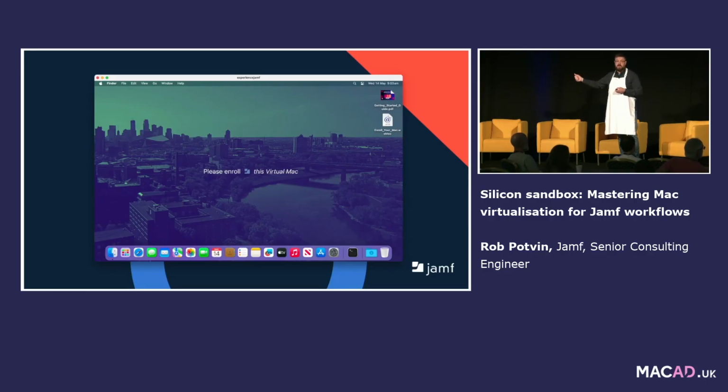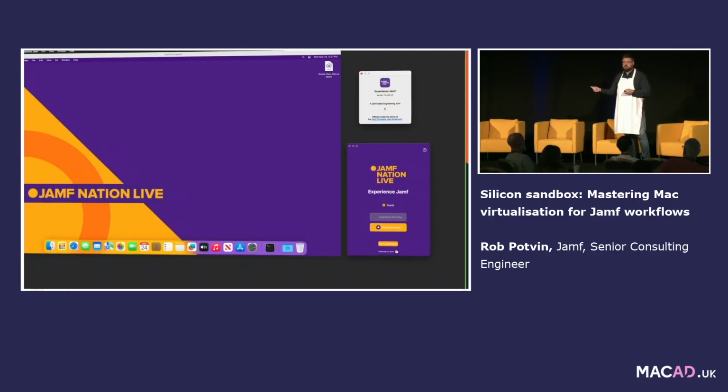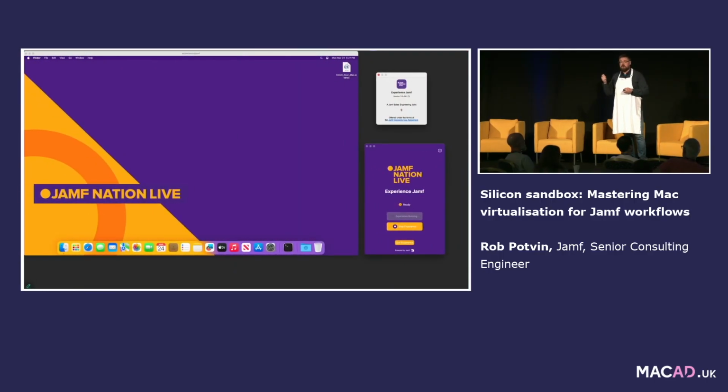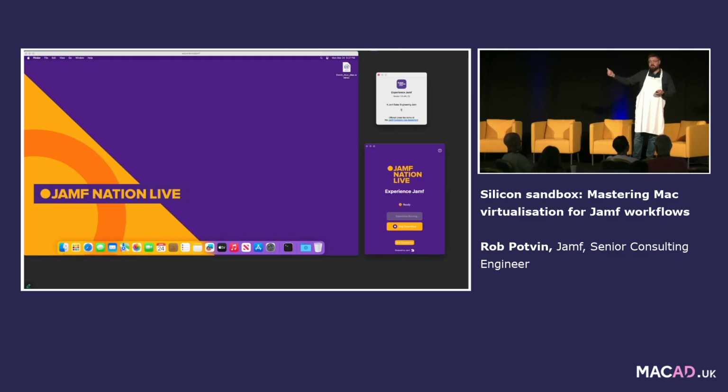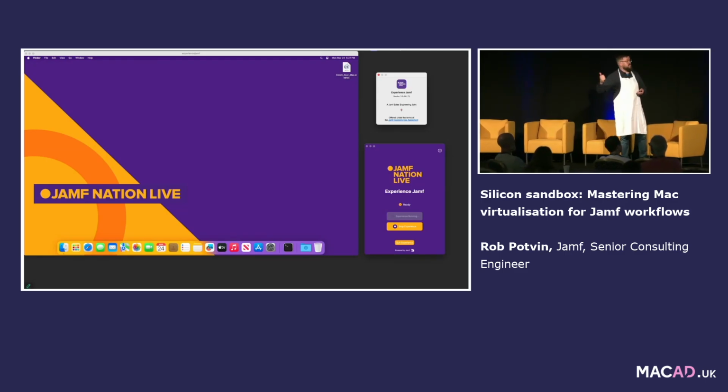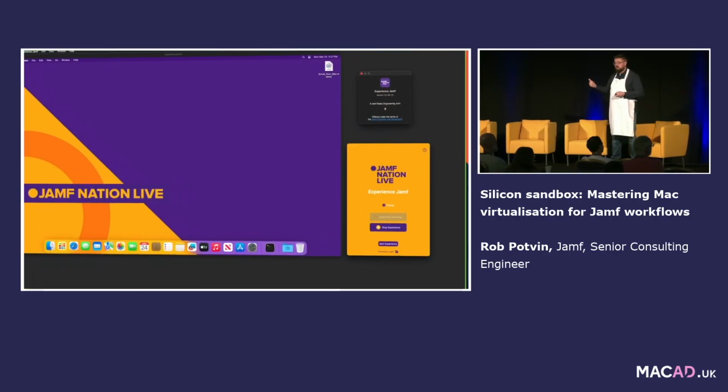It works so well that in the States we did JNL and we built a version for JNL. And we put it on a USB stick and customers would copy it off the USB stick. So we started the session with, please start copying. But it worked. Once it was copied to the device, you double click, you run it, and they would experience Jamf. Also came in a dark mode.